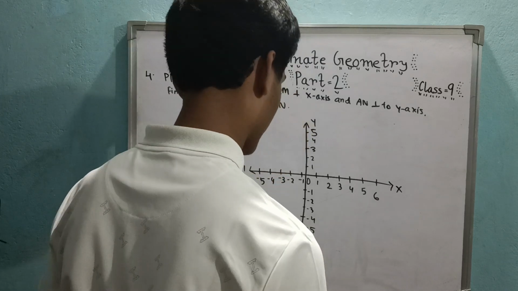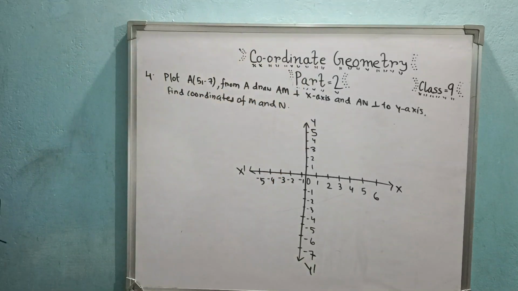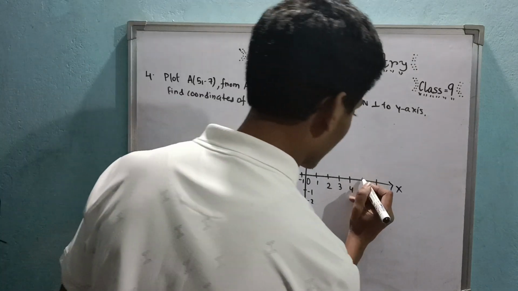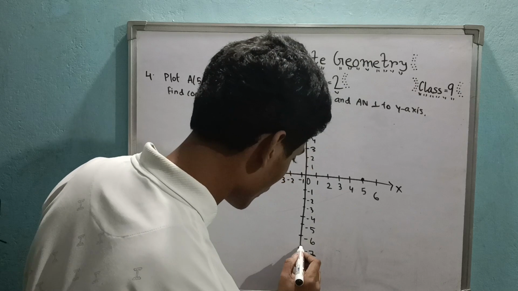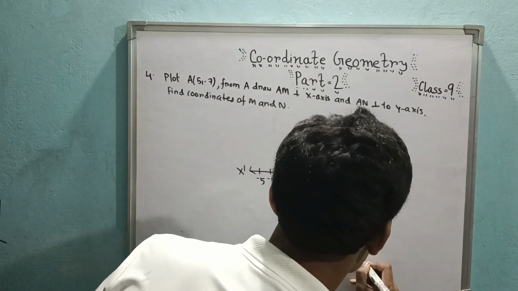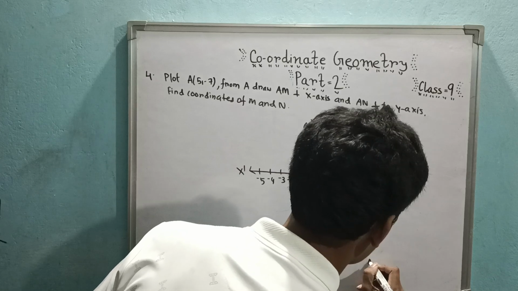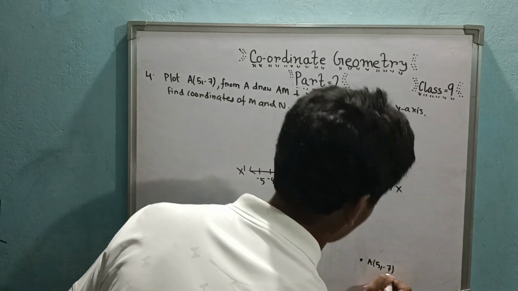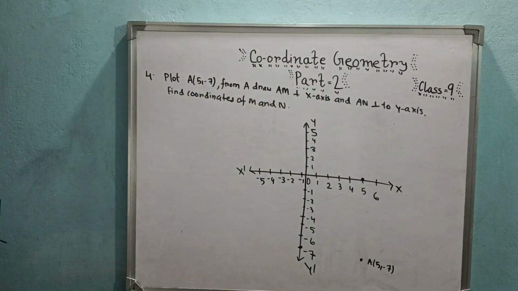See, accurate. Now plot 5 comma -7 first of all. First priority: 5 units on the x-axis, -7 units on the y-axis. Intersect them. We will get it somewhere around here. This is 5 comma -7, the intersection of the 2 points 5 and -7 on the x and y axis respectively. Now